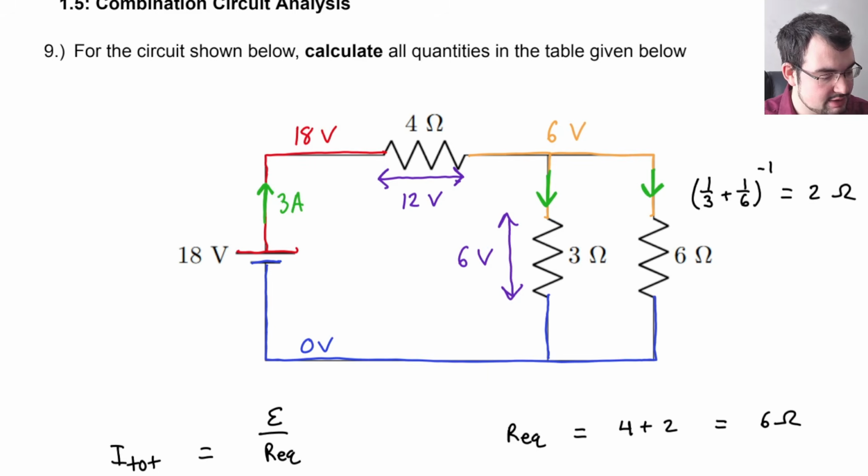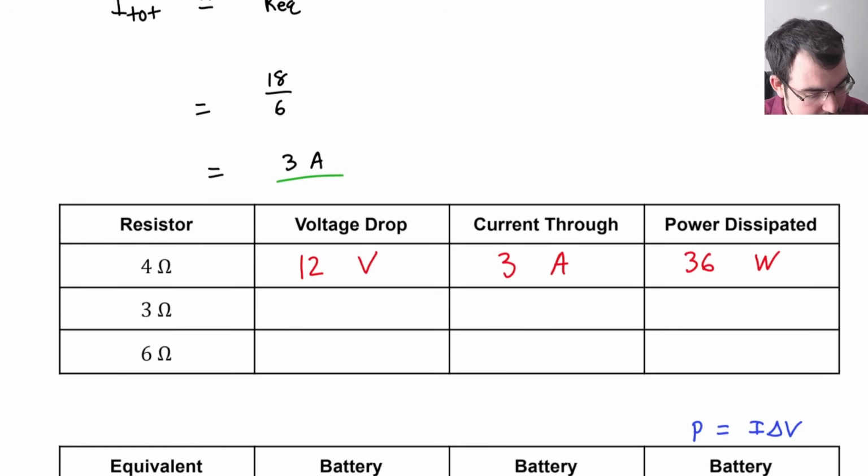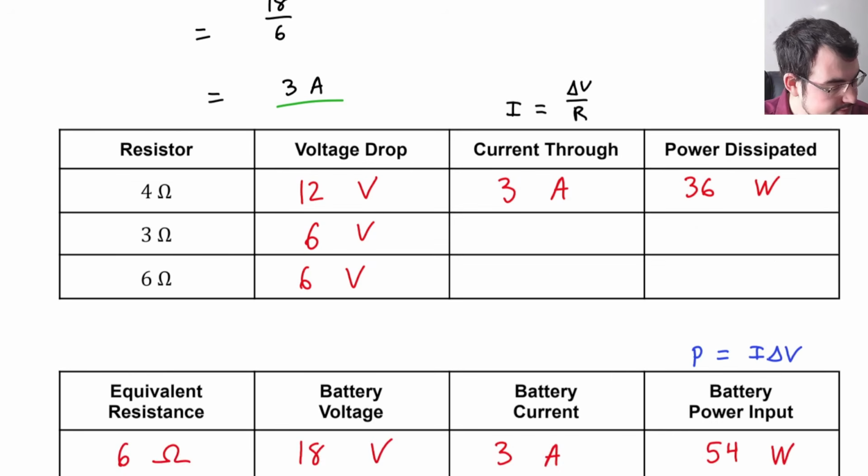And again, the 6 ohm also shares that 6 volts, because that's also a complete loop. Parallel, same voltage, we can see by the color. So I've actually learned that the voltage drop is 6 volts across the other 2, which tells me that my current through, we can just find that via Ohm's law, because current is delta V over R. So how do I make 6 volts? What do I have to multiply 6 divided by 3? That's 2 and 1. So our powers here would be